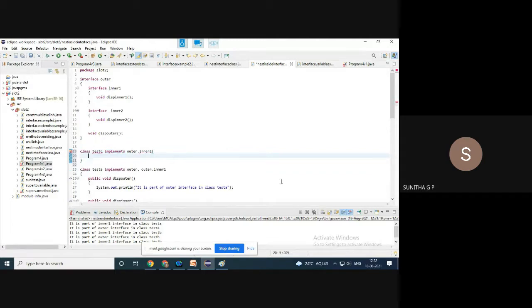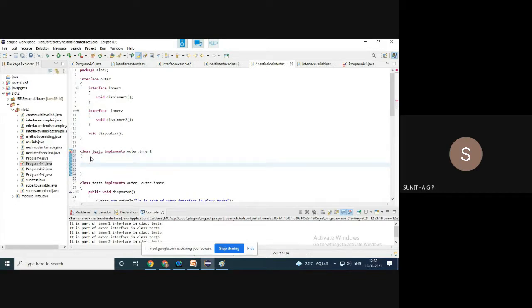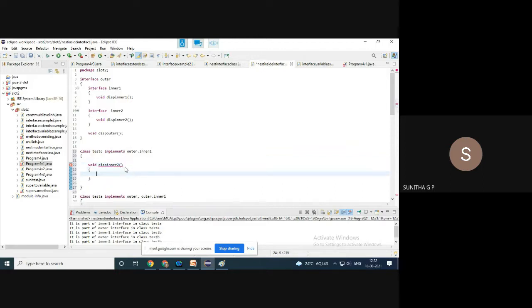Whenever you declare this, the function is to be redefined. Until then, it will show you an error. Other than that, okay. So declare this. So what is it showing? Public. You have to make it public.